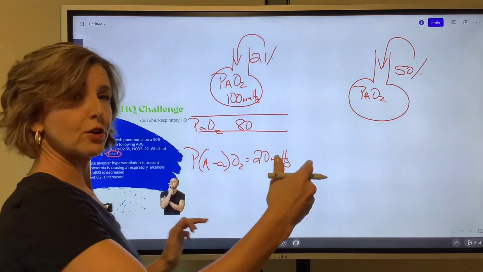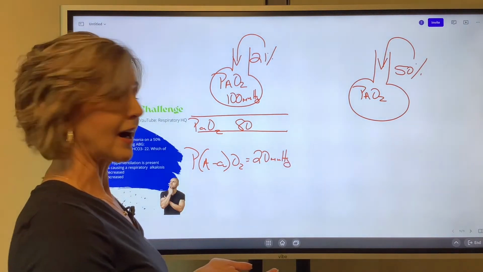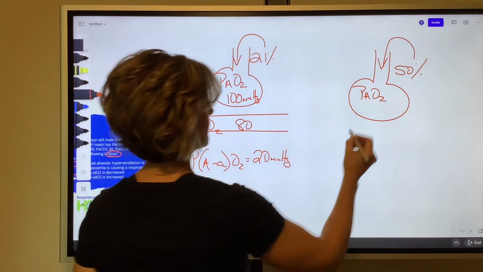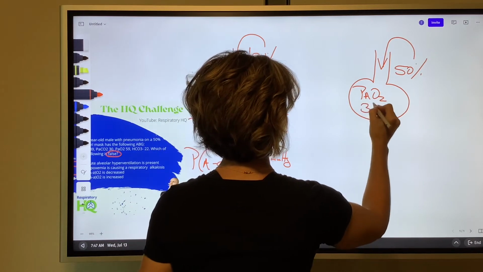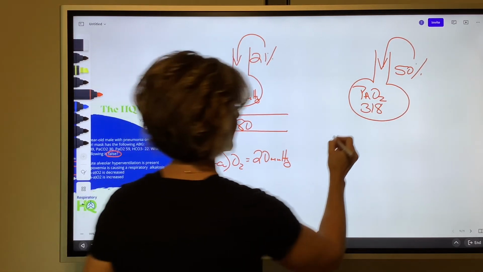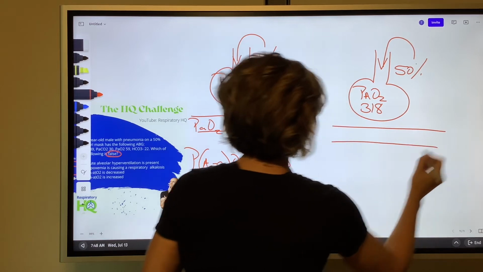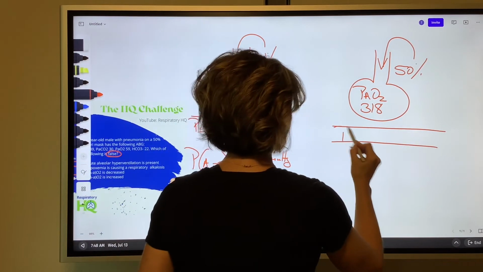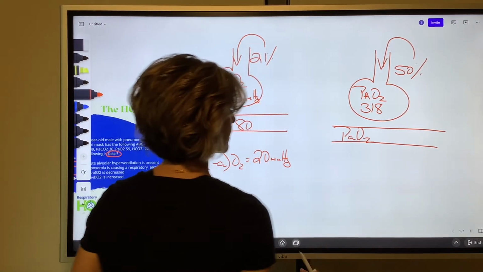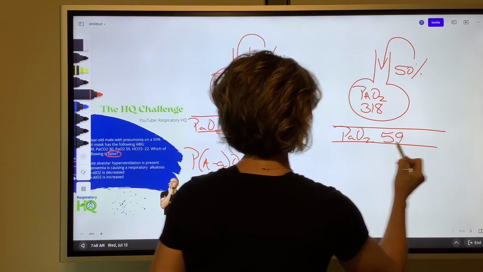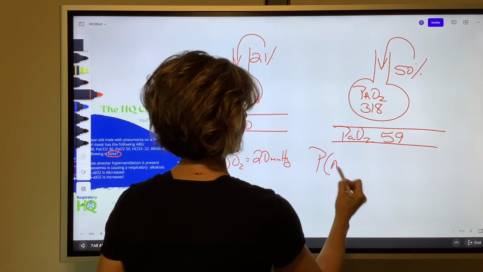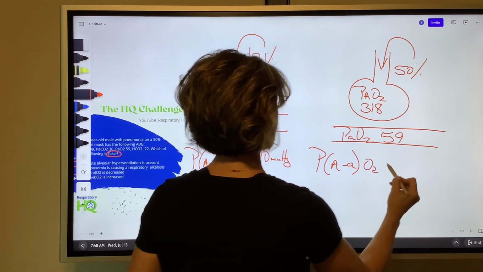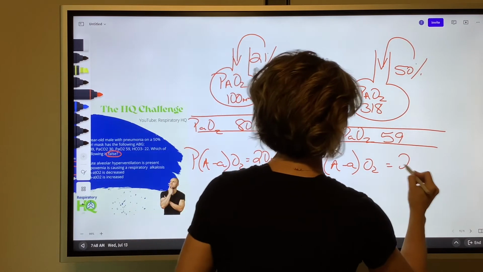So minus 30 times 1.25, and when you do that, you have a PAO2 of about 318. All right, but the blood gas says that their PaO2 on this 50% is 59. So this patient's A-a difference, 318 minus 59, is right around